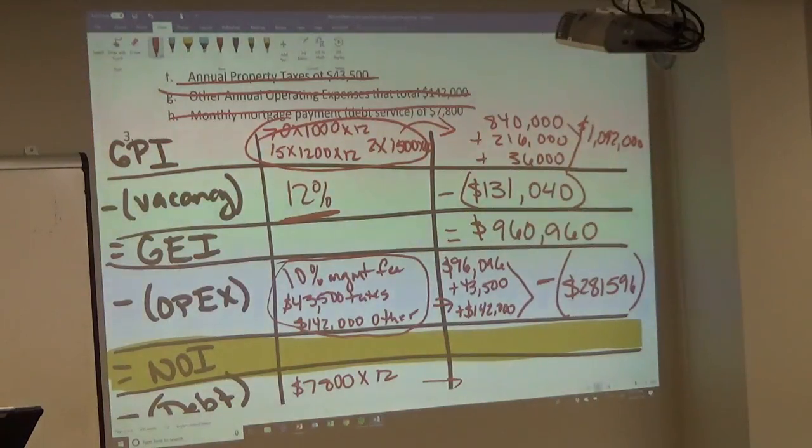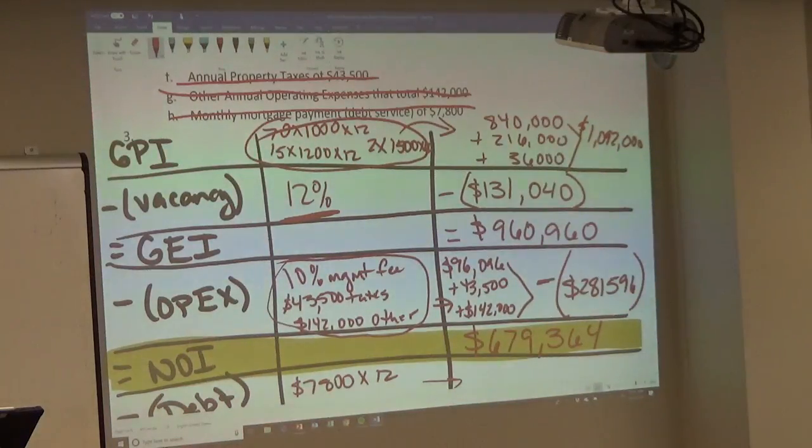So the gross effective income of $960,960 minus the $281,596 gives us an NOI, net operating income, of $679,364. And we know that's where we want to stop because we already highlighted it in the beginning of the question, so we don't go any further than that. That's our answer,